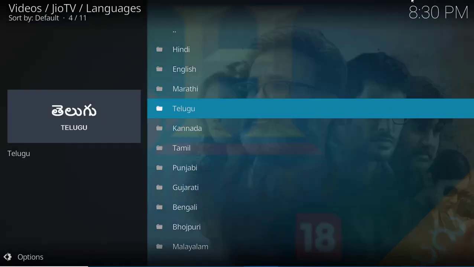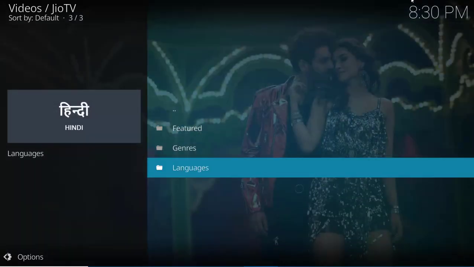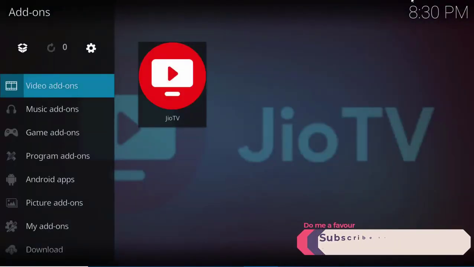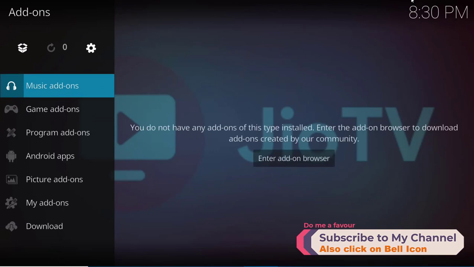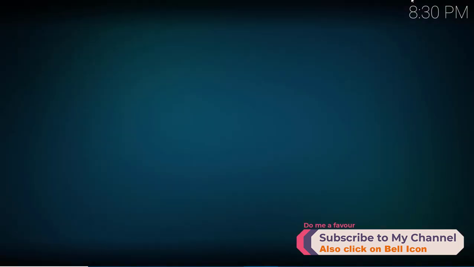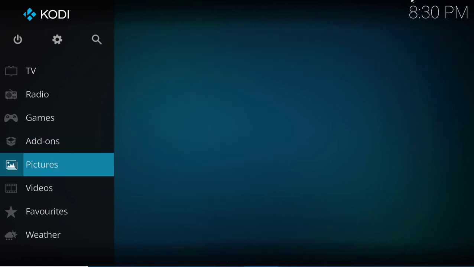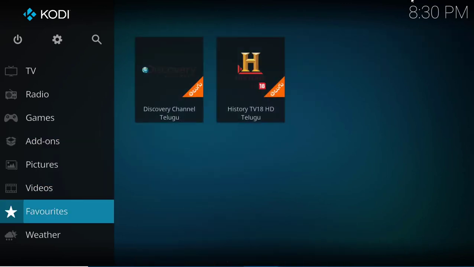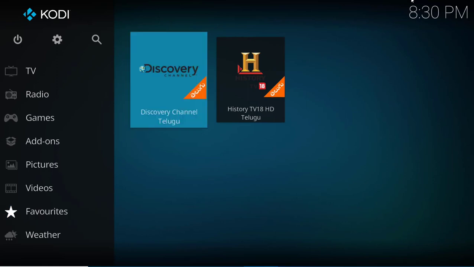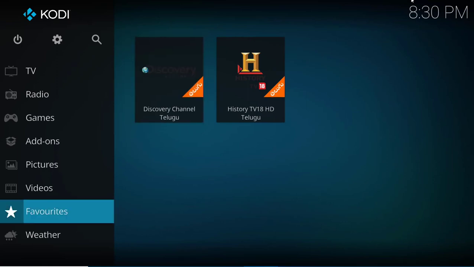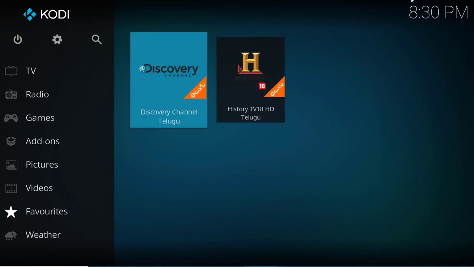When you open your Kodi app, in the left menu you will see some options like this: TV, radio, games, add-ons, pictures. In this you can also see one option, that is favorites. Here we will get our favorite TV channels, whichever we have added to favorites.